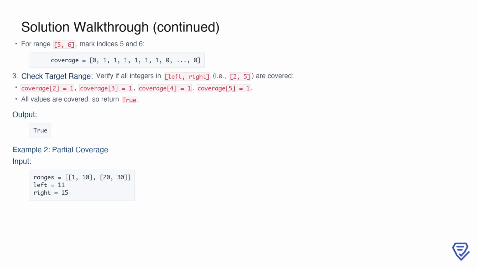Adding the range 5, 6 to our coverage array, we mark indices 5 and 6 as covered. Now our coverage array fully represents all the numbers covered by the input ranges. To check if all integers in the target range, left, right, which is 2, 5, are covered, we simply verify that the values at indices 2, 3, 4, and 5 in the coverage array are all 1. Since they are, this means every number in the range 2, 5 is covered, so we return true as the